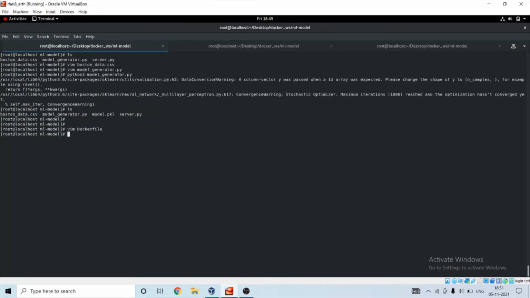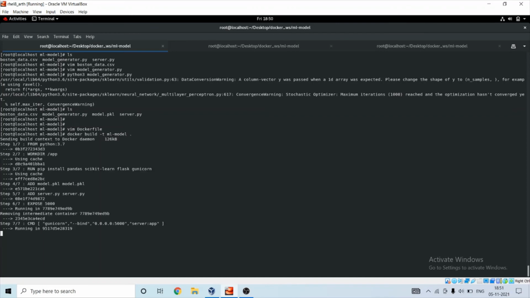Now it's time to build our Docker image. So docker build. We're going to provide a tag, let's give it ml-model, then the path. Our image has finally been built.